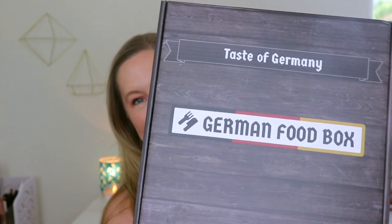So I'm really excited because we have a brand new subscription to open today, and this is the German food box, and this thing is heavy. So this is what it looks like. I'm super excited to try this out, and I am really hungry. It's a little past noon, it's like 12:30, and usually I eat around noon, so I am ready for